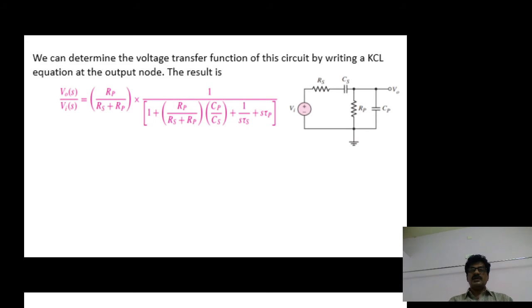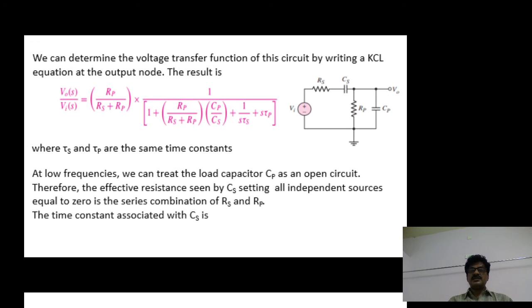First of all, at low frequencies. This is the transfer function with reference to this circuit. What is the transfer function? The transfer function is the ratio of output voltage to input voltage. Now this is the transfer function for this circuit, where tau s and tau p are the time constants. One is the short circuit time constant and another one is the open circuit time constant. See clearly the expressions for these two time constants.